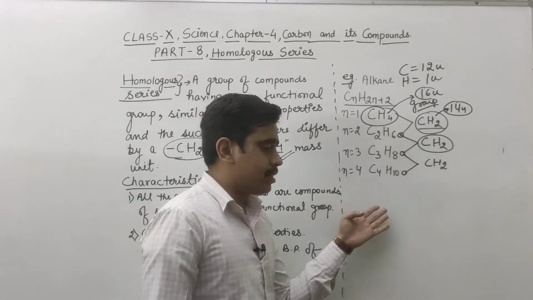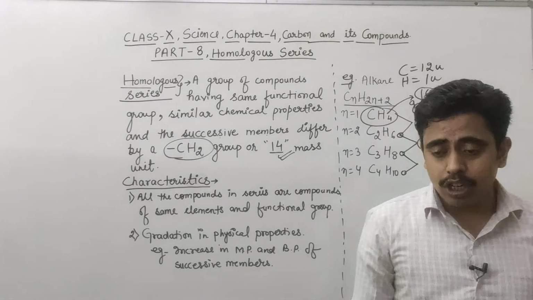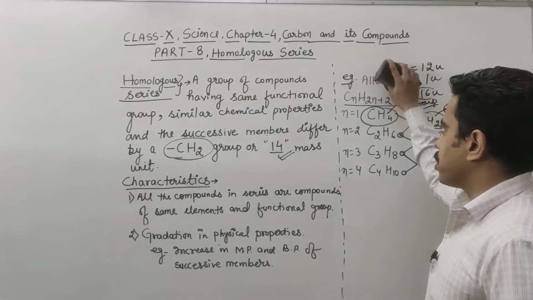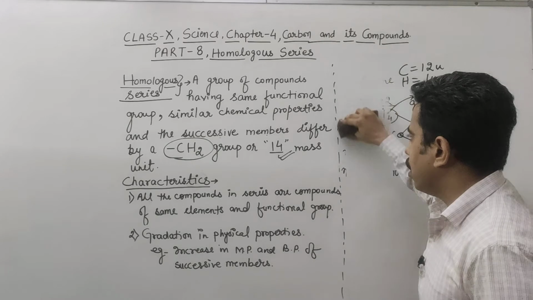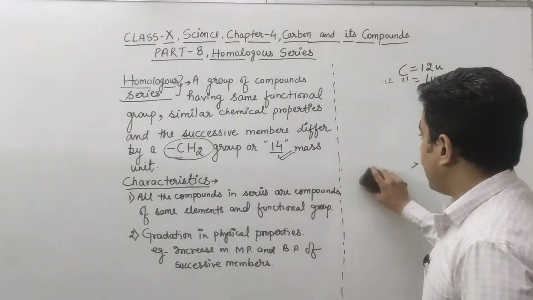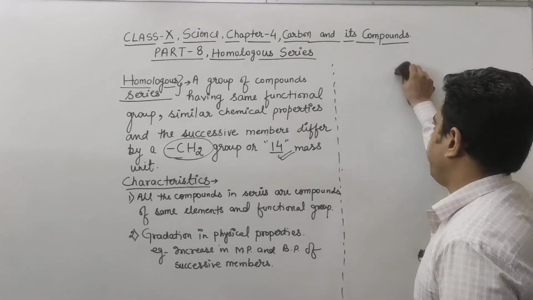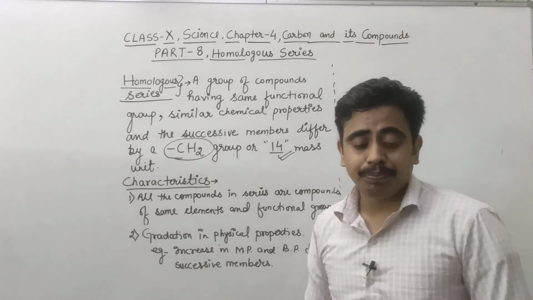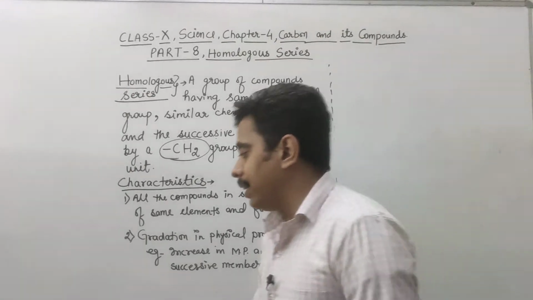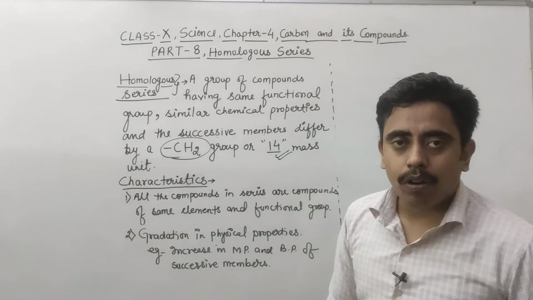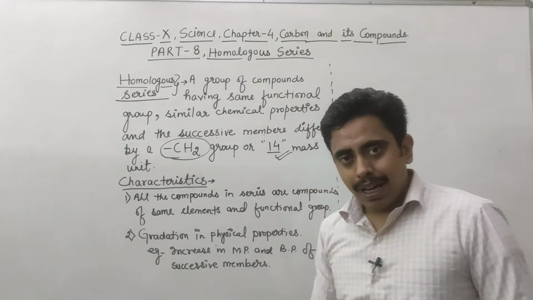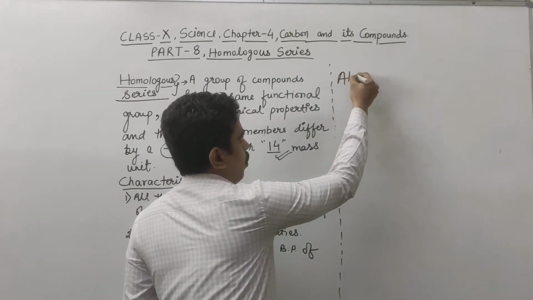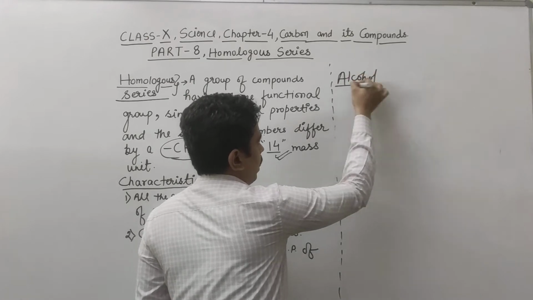So homologous series can be of different functional group also. Let's see one example of functional group. We have seen the functional group in the earlier session also. What are functional groups? An atom or a group of atoms when present in the hydrocarbon changes completely the properties of the hydrocarbon are known as functional group. Let's see one of the examples of the functional group. Alcohol. All of you know alcohol. Its functional group is alcohol.